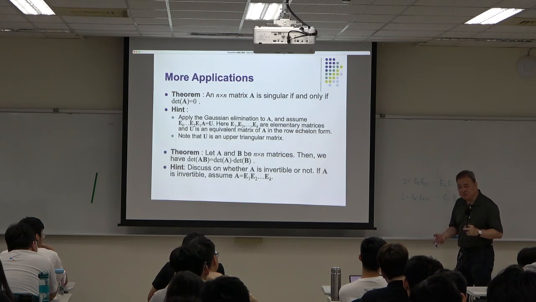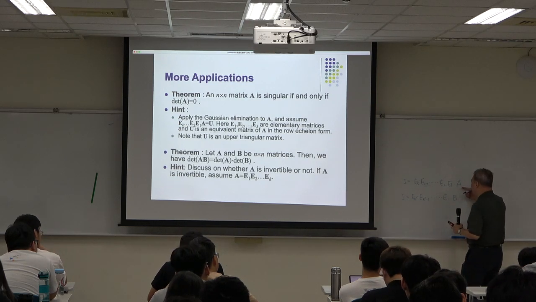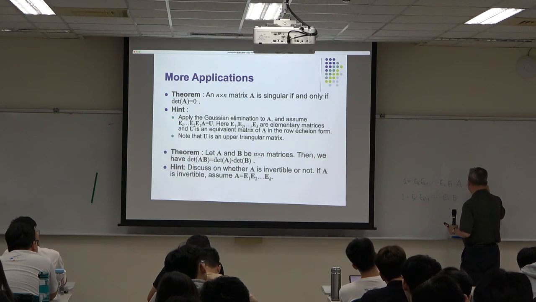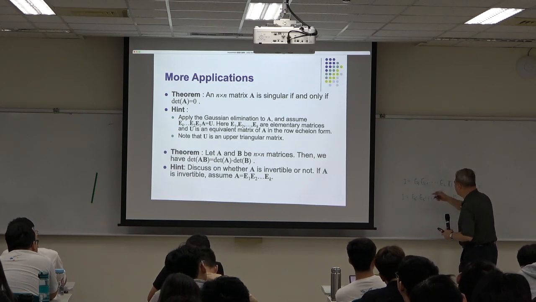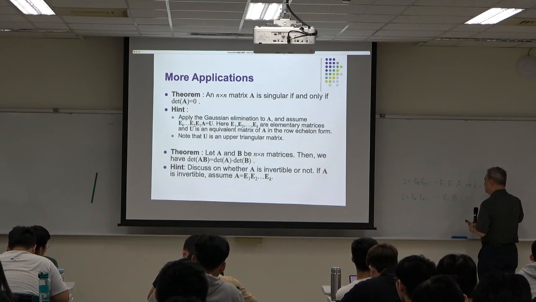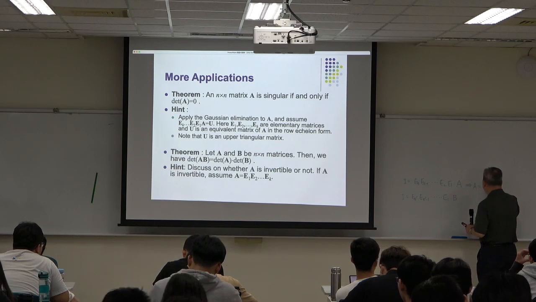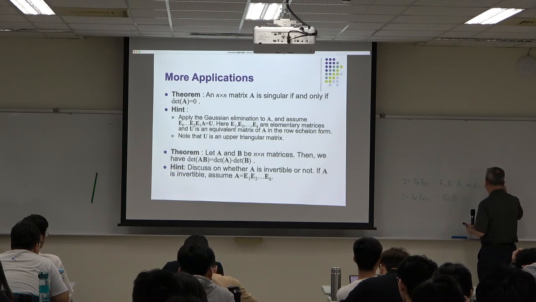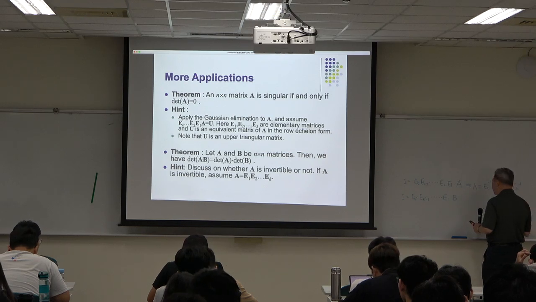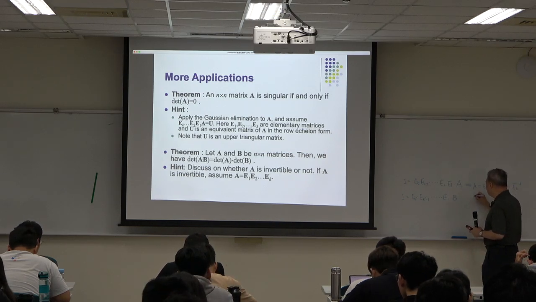They are invertible. So we can actually write them as E1 negative 1, E2 negative 1, and so on, up to EK negative 1. And the B equal to